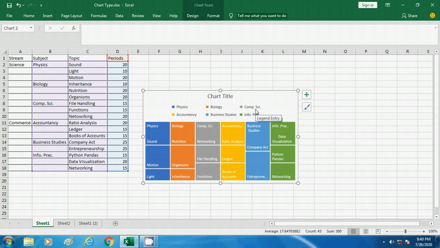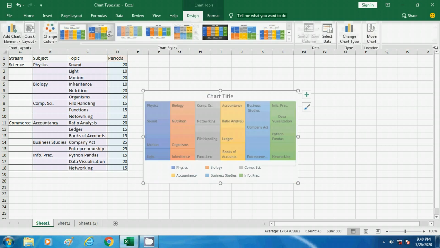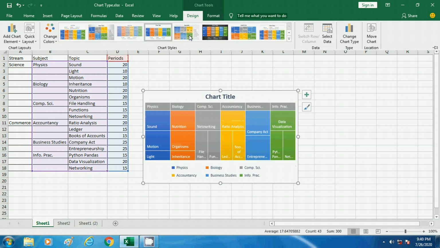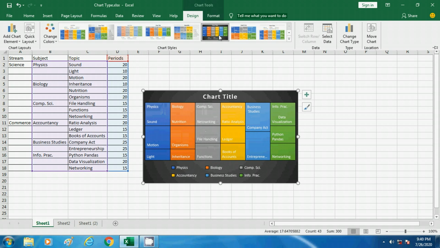Now let me talk about how to change the design and other things on the chart. As in the previous video, we have discussed already how to change it. So click on design and you will get different options here. Whatever options you find good for you, you can use it. Suppose this looks attractive and I want to keep this design, I just select it and now it is applied. Like that you can select any particular design and apply it on your chart.